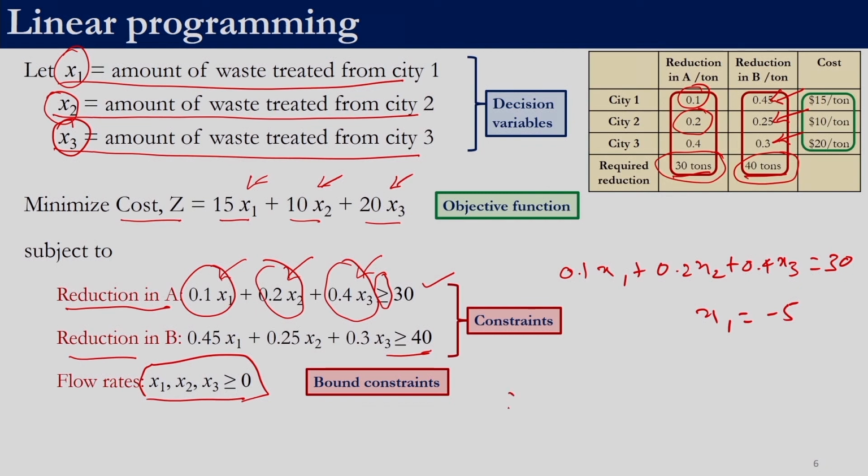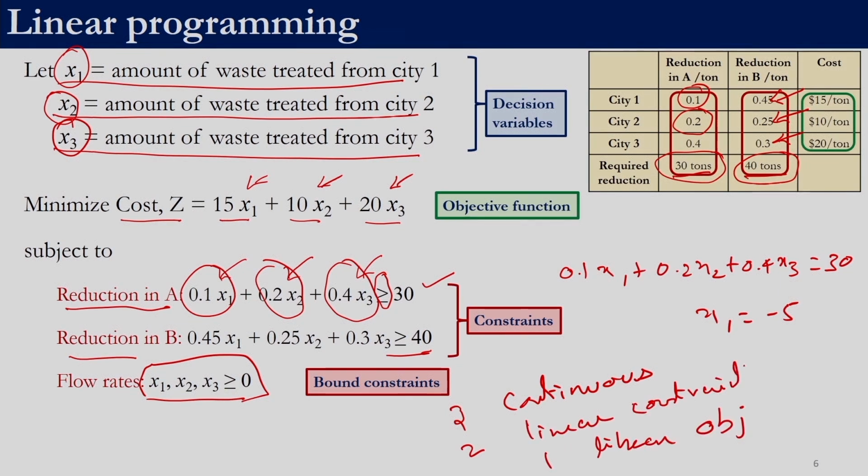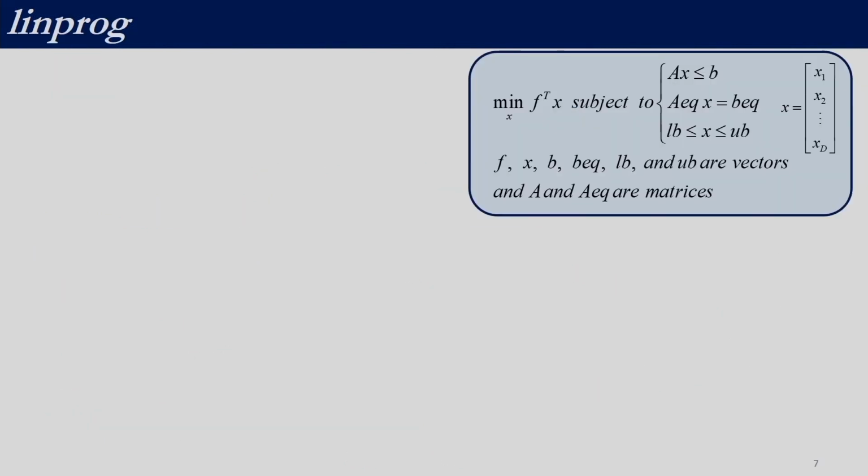So now we have continuous variables, all the 3 variables are continuous and we have 2 constraints which are linear, right, and the objective function is also linear. So this problem if you classify, it will be linear programming. So we will use the MATLAB function linprog to solve this problem, right. So if you do help space linprog on the command window, it will give help on the function. So linprog requires the problem in this format, right.